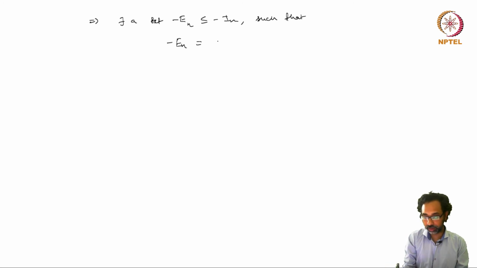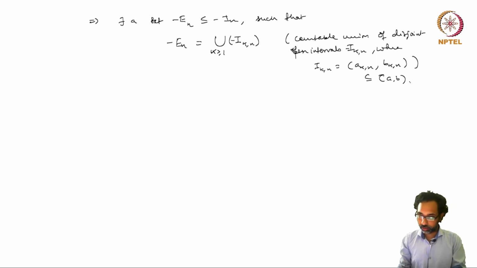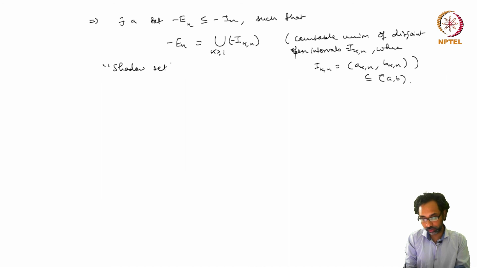So when you apply the Rising Sun Lemma, this implies that there exists a set E minus E_n inside minus I_n, such that minus E_n, first of all, is an open set, and it can be written as a countable union of disjoint open intervals minus I_kn, where I_kn is the interval a_kn to b_kn, is a subset of AB, and so that we also have, so this is the shadow set in the Rising Sun Lemma,